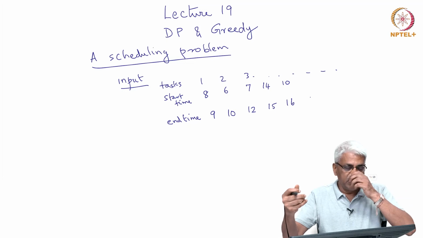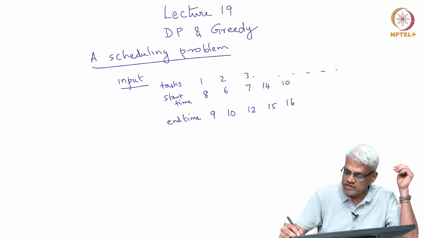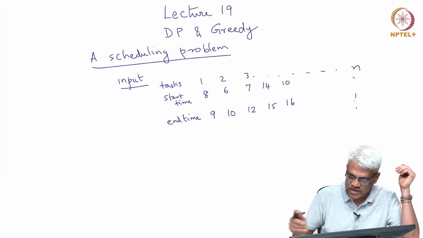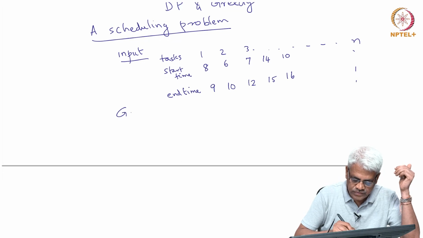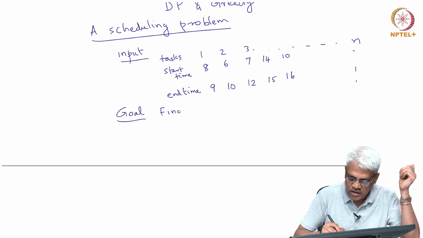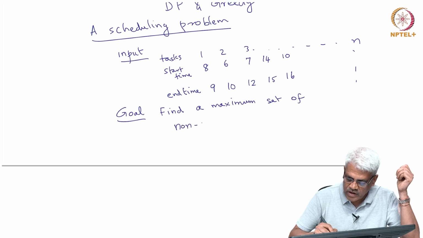Okay, some meeting, some event, some marriage in a hall, and you are given these n jobs, which is start time and finish time. And what is the goal? Right, this is my input, and what's my goal? Find a maximum set of jobs that can be scheduled, or non-overlapping intervals. If you think of each job as an interval,